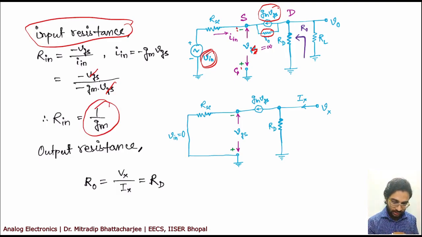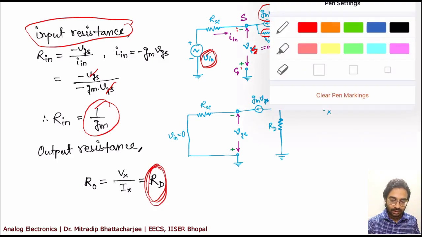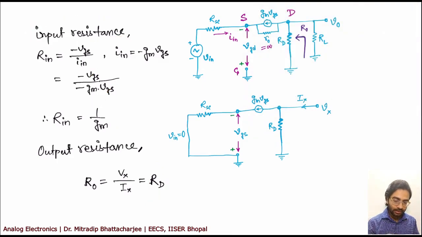However, your output resistance in this case, when we say output resistance, we consider it without RL, because otherwise your output will be a function of RL. RL is the external parameter which others will use. When you design, you don't put RL. RL will be somebody else's requirement, right? So your output resistance, if you see from this side, it will be RD, which is very evident from the circuit, that from outside, if you look at the circuit, your R0 is RD. So this is what it is.